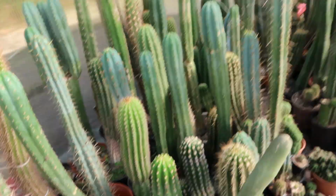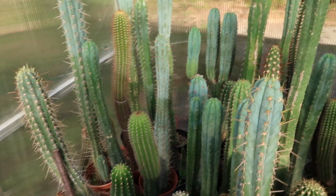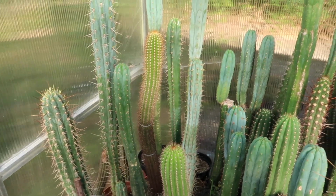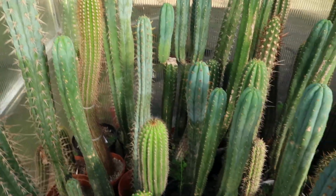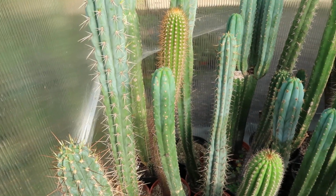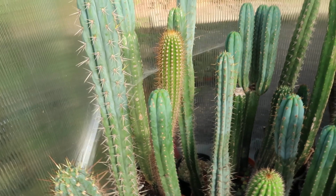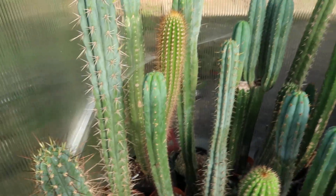These are my Columnar Cacti. You can see I like them a bit. And I wanted to take a video to show you a few different populations of Trichocereus pachanoi, Echinopsis pachanoi. I have a few, and I want to use this video as a classic, just to post on YouTube and to show you what's out there. So this one here,